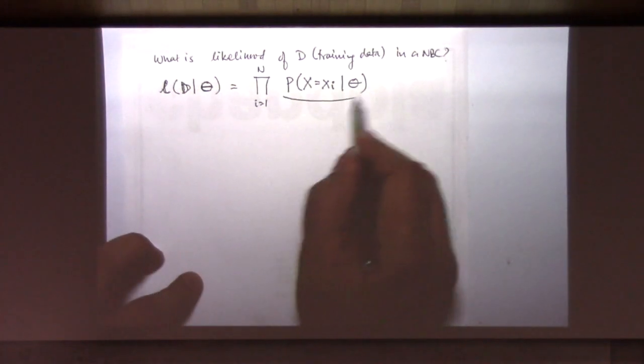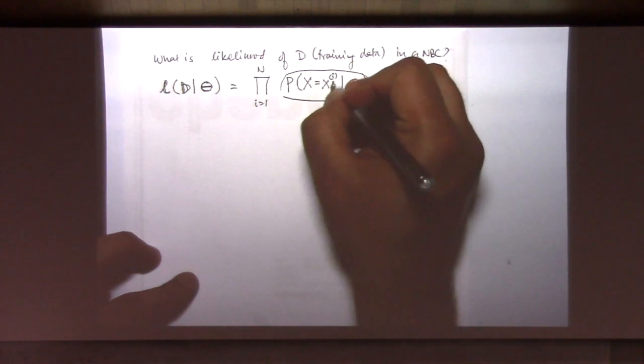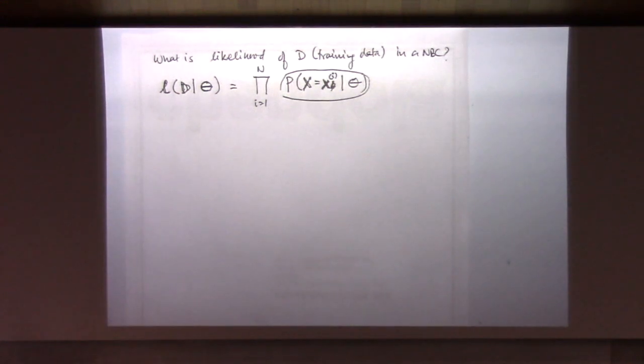Now, what is this probability? This is the ith training example, so this is a vector, right? Now, under the naive-Bayes assumption, what we have said